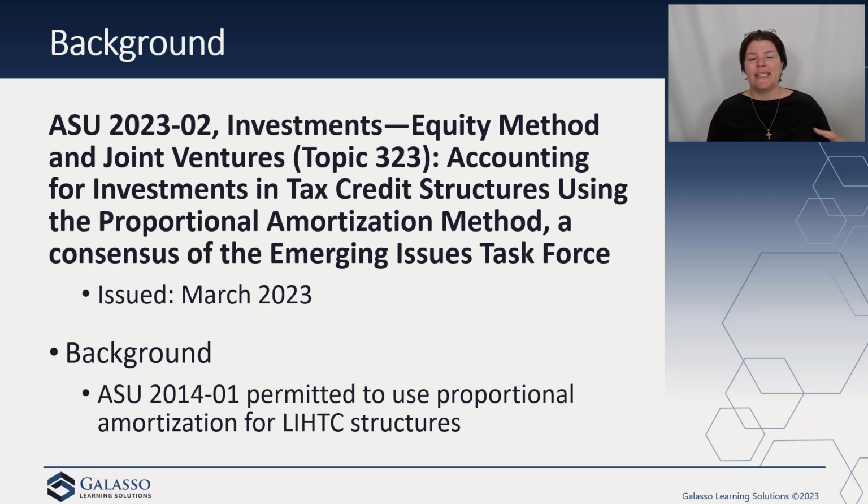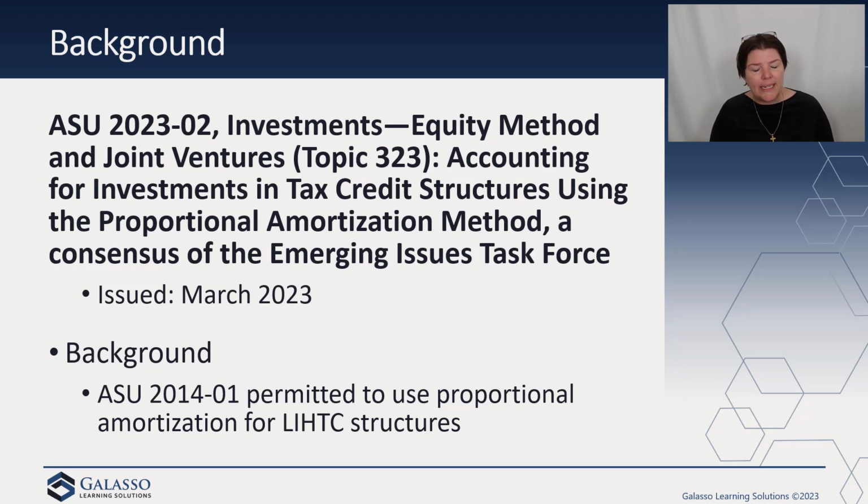So when you think about this, the reason why they're investing in these investments is for the income tax benefit, right? So why are they doing low-income housing? Because they get a nice tax benefit for it. And so as a result, this allows them to match that investment cost with the benefit that is being received. And so the proportional amortization method is a positive thing for a lot of people, but